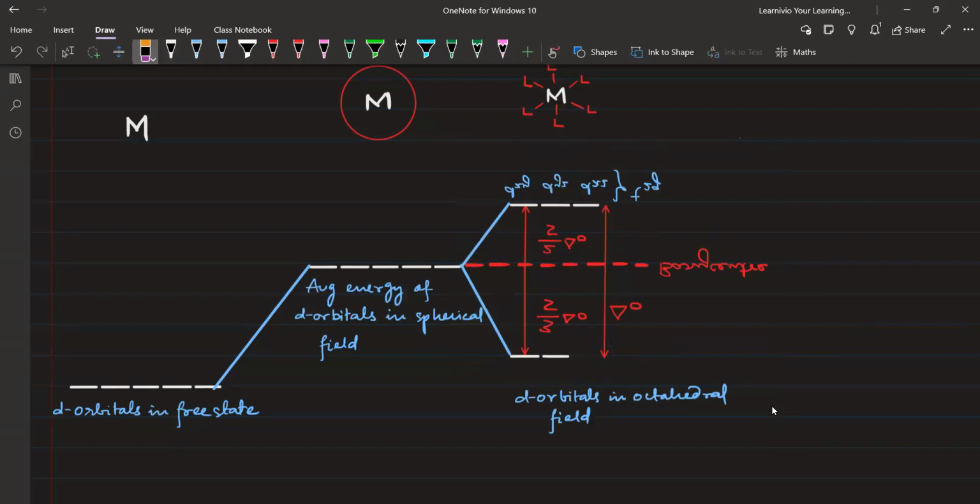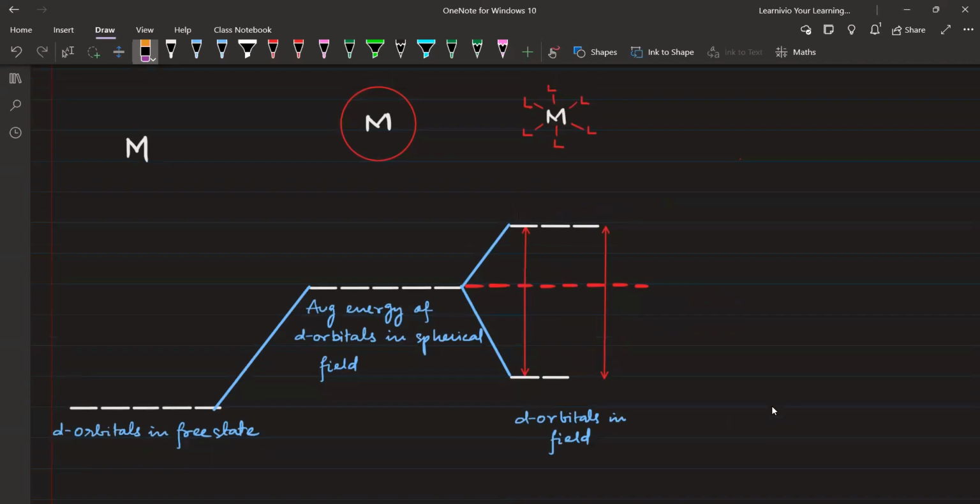घबराइए मत आप लोग. D orbitals in tetrahedral field, इसको भी चेंज करो. This thing is also going to change. Now, this is obviously the very center still. This is the very center. Now, this whole thing will be known as del T,